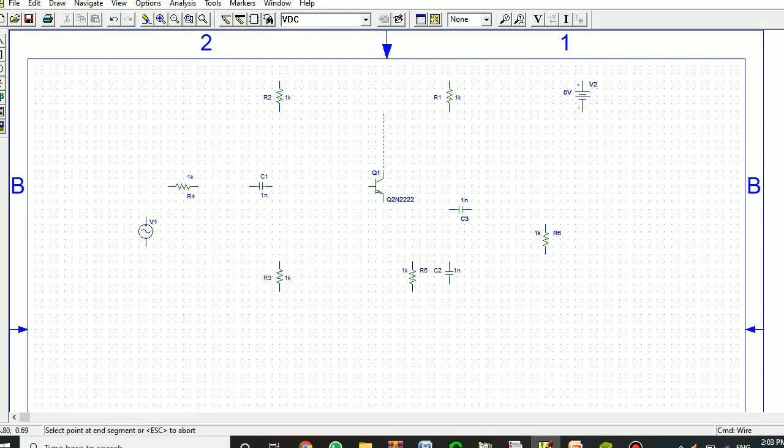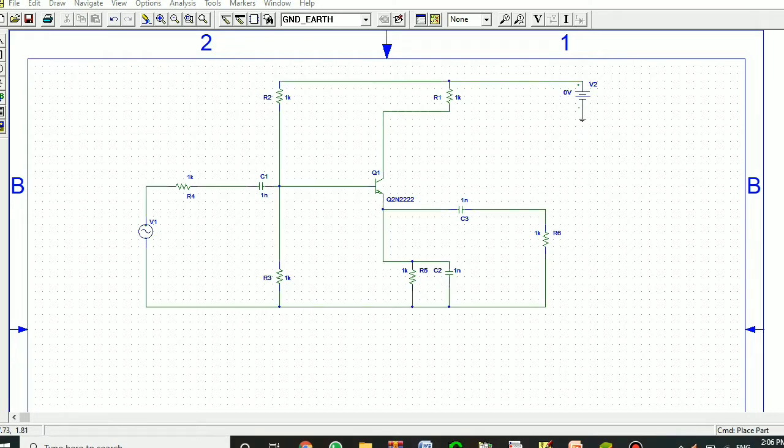So you get a dotted line like this and you'll have to click on the nodes where you need to make the connections. Place the wire correctly and just click on them. So similarly we'll be connecting the other parts as well. Now we have connected all the parts and placed the ground terminal as well.